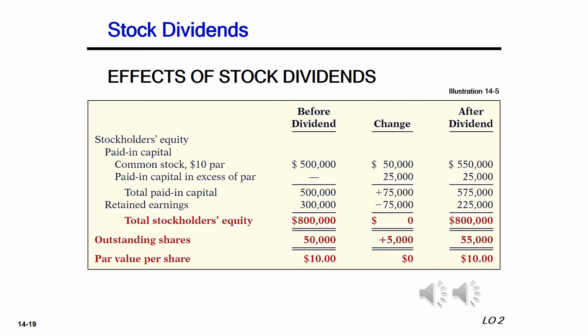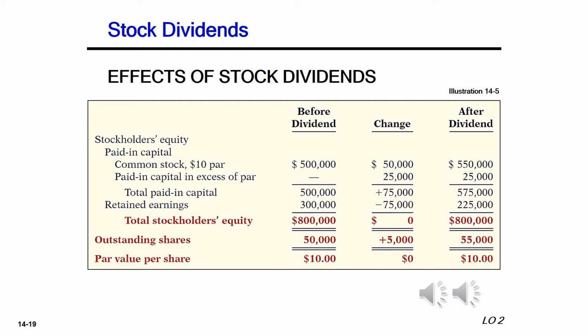In our example here, we have 5,000 shares that are going to be distributed. So based on that, you can see the position of the company after the stock dividend is issued. Now the common stock value is going to be 550,000. The paid in capital in excess of par is going to be 25,000. The total paid in capital is going to become